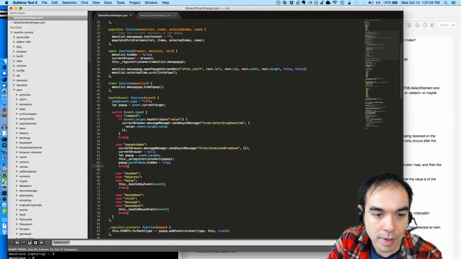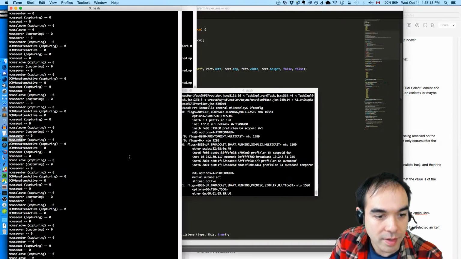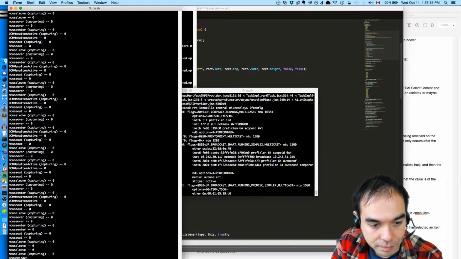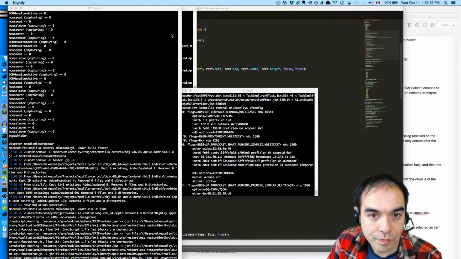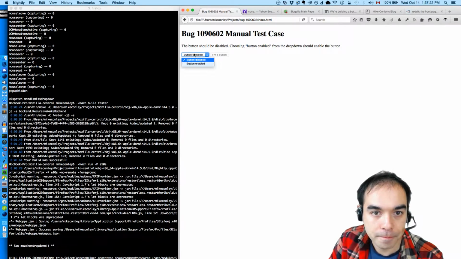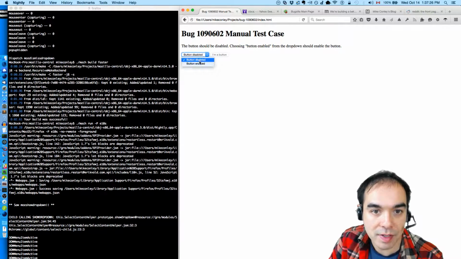That's actually the same thing that we want to do here. So let's see what that does. Yeah, see, it's changing the value of the select.